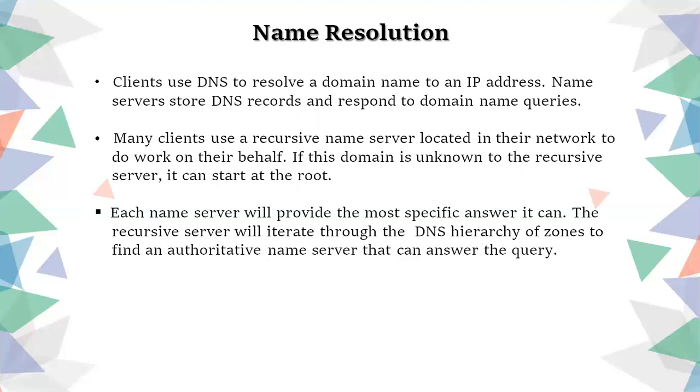And so if this domain is unknown to the recursive server, it can start at the root. Each name server will provide the most specific answer it can. The recursive server will iterate through the DNS hierarchy of zones to find an authoritative name server that can answer the query. Suppose the local server doesn't know the particular website address,